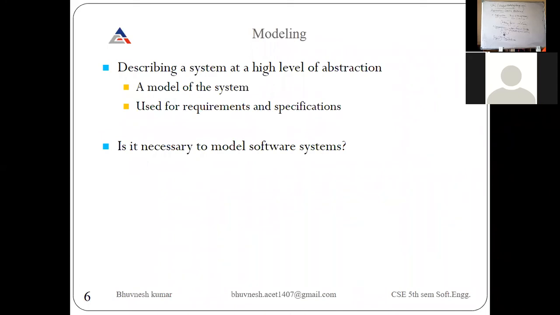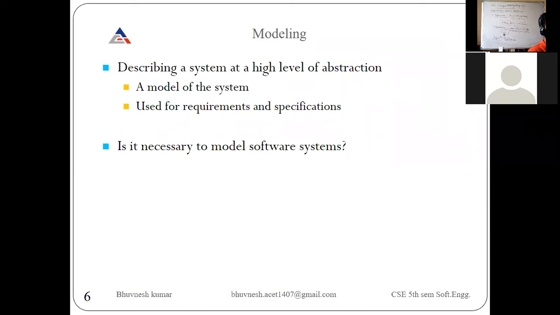In modeling, modeling is describing a system at a high level of abstraction. If there is a high level, there is abstraction also. If we are talking about object oriented, there is the abstraction concept and encapsulation, wrapping up the data, so only showing the functionality but not showing the coding.